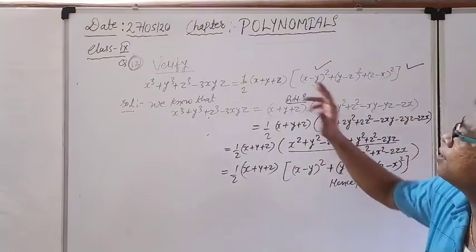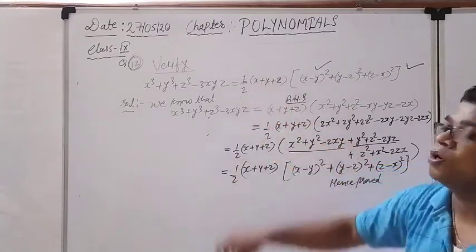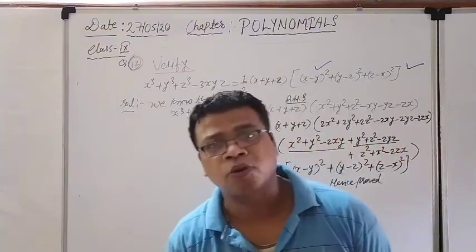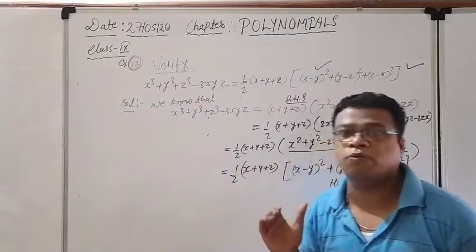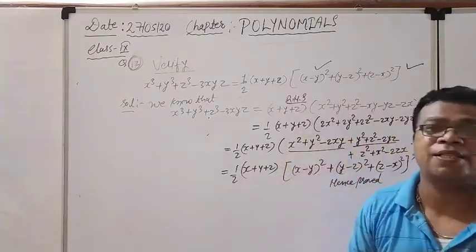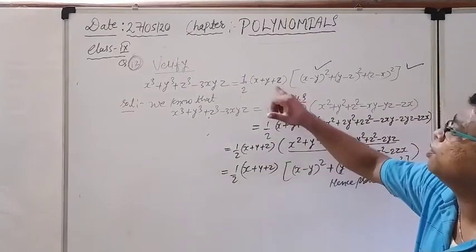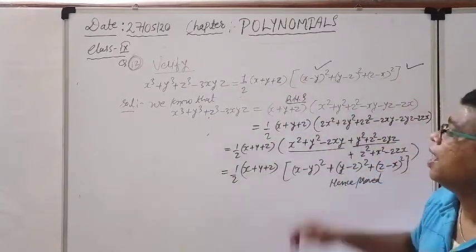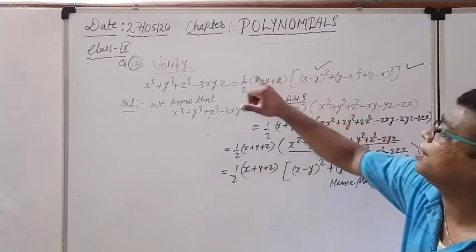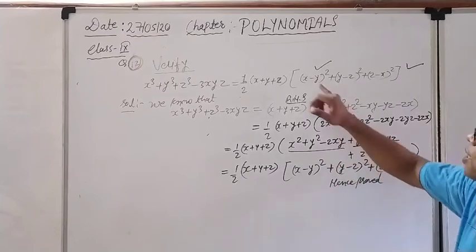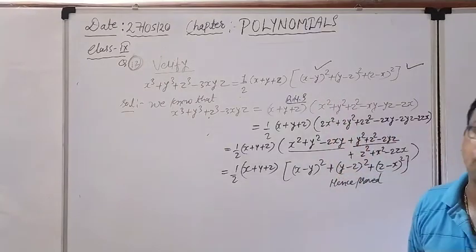After that, we are looking that here 1 upon 2 is coming. So actually we are dividing the equation by 2 and also multiplying by 2. That we can do because 2 and 2 are going to be cancelled. Again it will give me 1. So 1 upon 2 I have taken common, so 2 will also be multiplied with each and every term. I can take that 2 either outside or inside, but here I am taking it inside because of the requirement of the question.